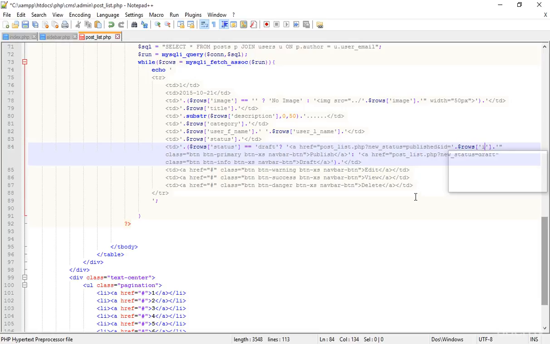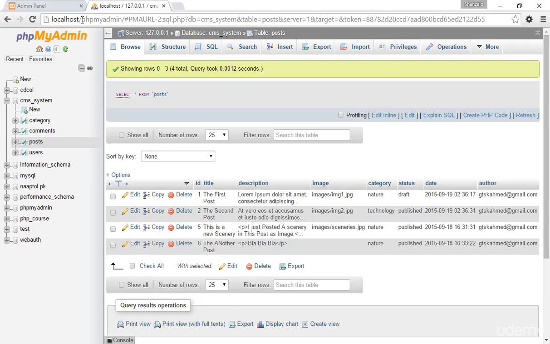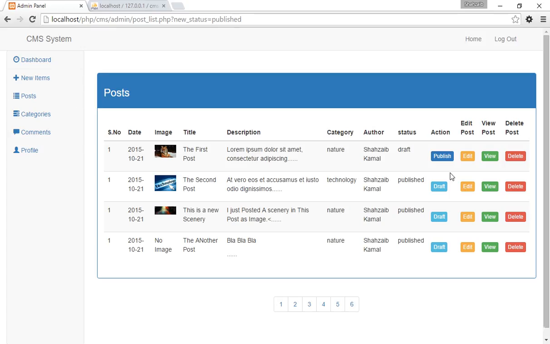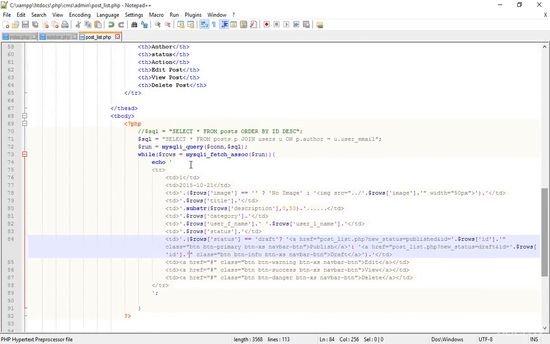Okay, I'm just getting the ID, and I'm copying this and pasting. This is not necessary to type or copy, whatever you want you can do. And here I'm just pasting this. Now save that and go to the browser. Okay, refresh that. Now if I click on publish, now you can see the new status publish and ID 1. If I click on draft, the new status draft, but ID is 2 because the ID is actually 2. Okay, so go back there,